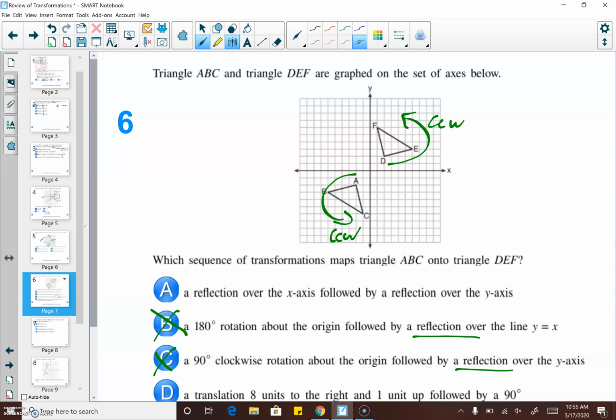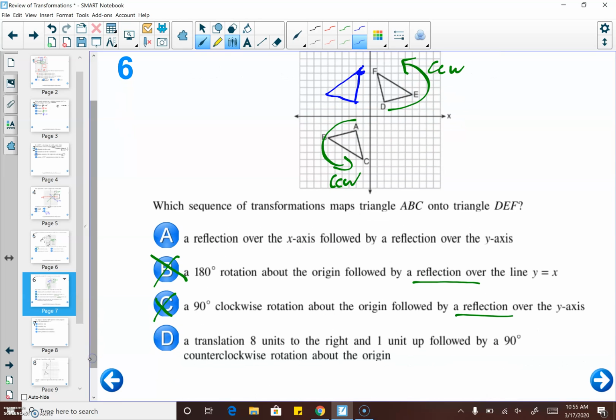So if I look, choice A says a reflection over the x-axis, which gets me up to here. And I'm not going to have it perfectly exact. And then a reflection over the y-axis, which looks to be a pretty good answer choice. As I take a look here at the last one, choice D, if I translated 8 units to the right and then a 90-degree counterclockwise rotation, 1, 2, 3, 4, 5, 6, 7, 8, and 1 up, we're going to end up with a shape that looks kind of like this,